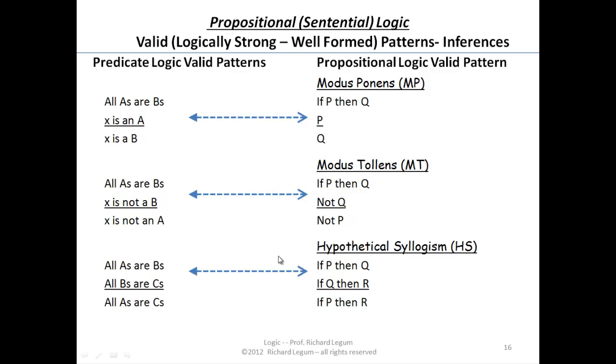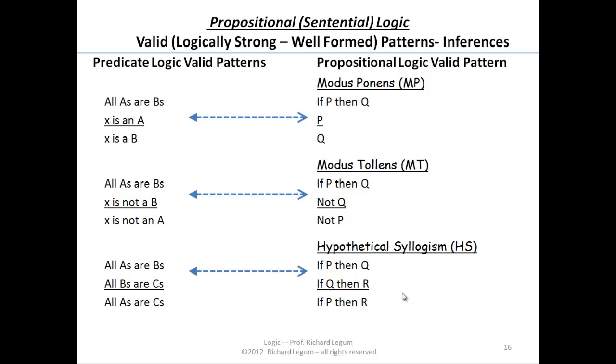And then if P then Q, if Q then R, therefore if P then R. Final good valid form of inference, valid pattern, and you see the analogy between these and the valid patterns that we had